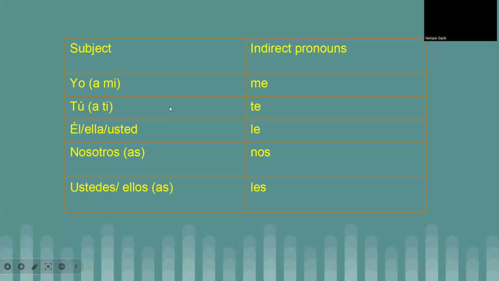So we've already seen the direct object pronouns, and now we're going to see the indirect object pronoun. And what does this mean? If I say to you in English, John gave the book to Cindy, John gave the book to Cindy, then that